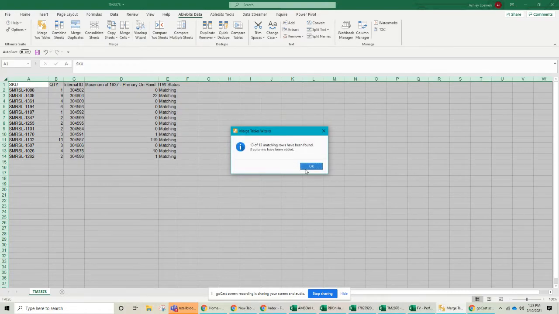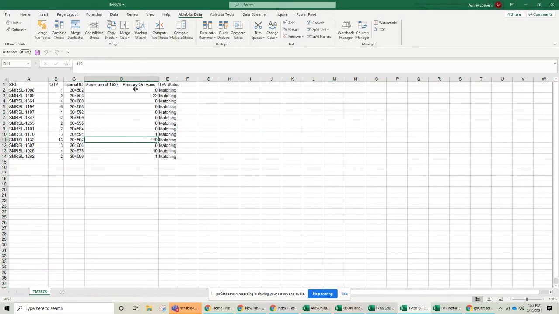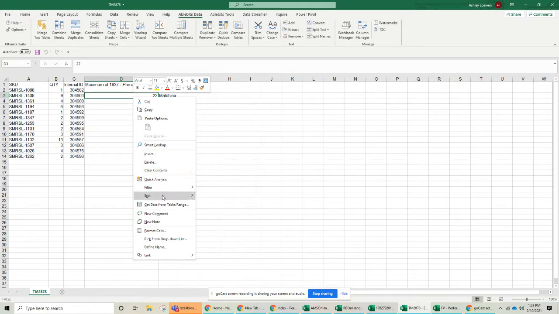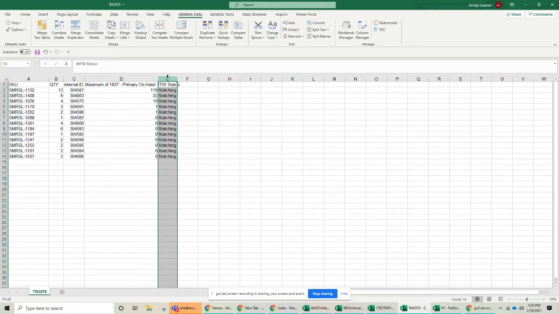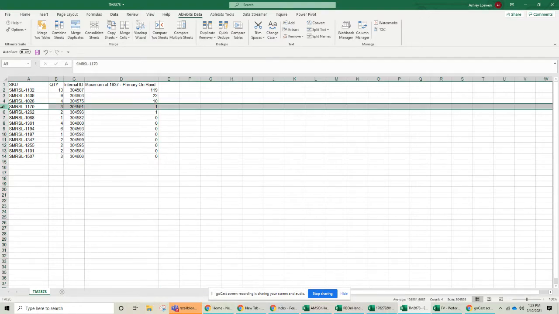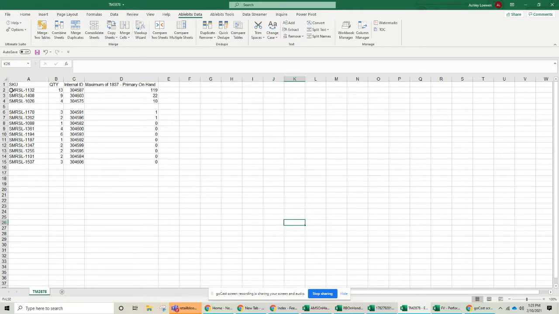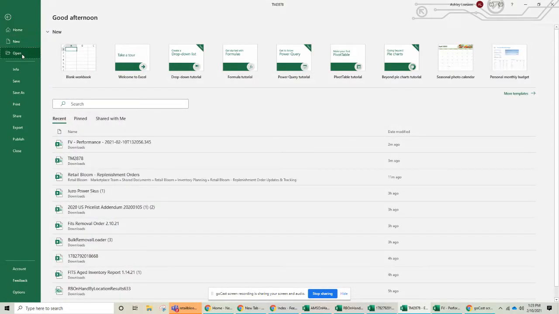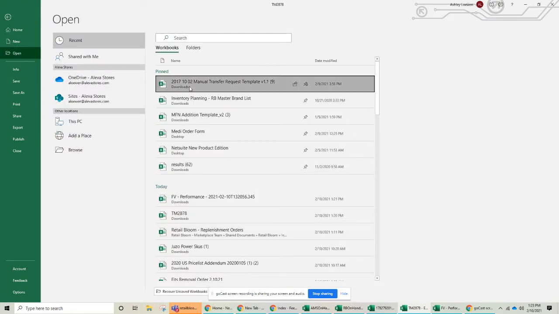Okay. As we can see here, there is some inventory that we have. So I'm going to go ahead and sort largest to smallest, and we're going to transfer these top 3 SKUs. I usually put an additional column in there so I have a good, easy way to filter it out. So we're going to file, open, and you'll have all this stuff available once you start